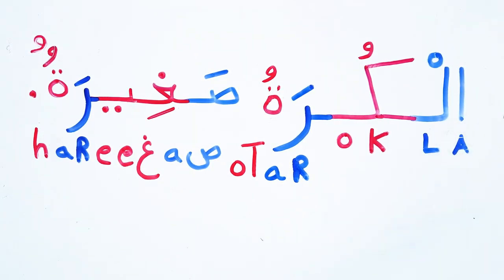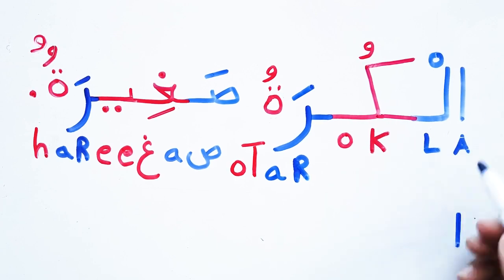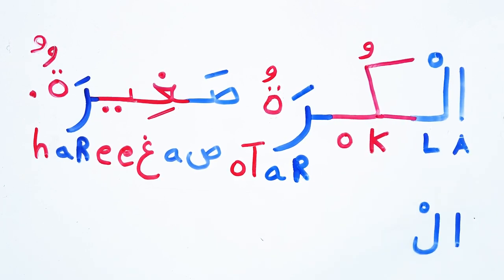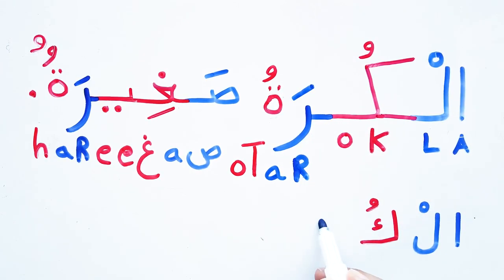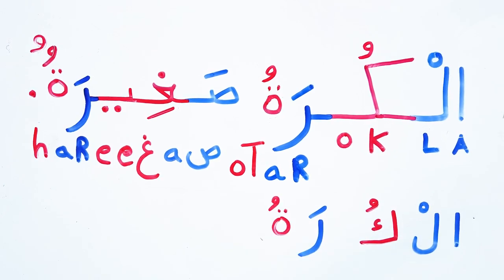We have here Aleph. So Aleph is here like this. And then we have Lam out of the word. Then we have Kaf. Let's see the shape of Kaf out of the word when it's separated. It is different. Al-Ku. And then we have Ra. Gives us the sound of R. Ra with Fatha. Ra. Al-Kura. And then we have the Ta marbuta here with Dhamma.